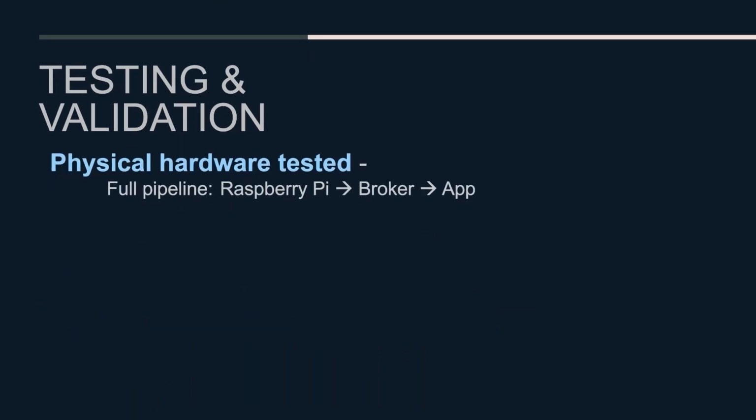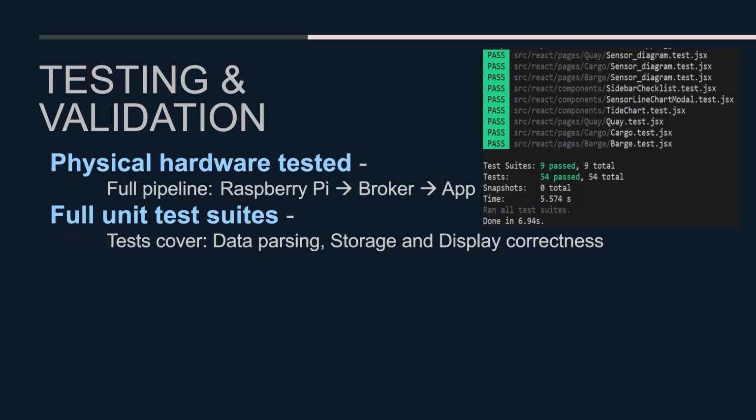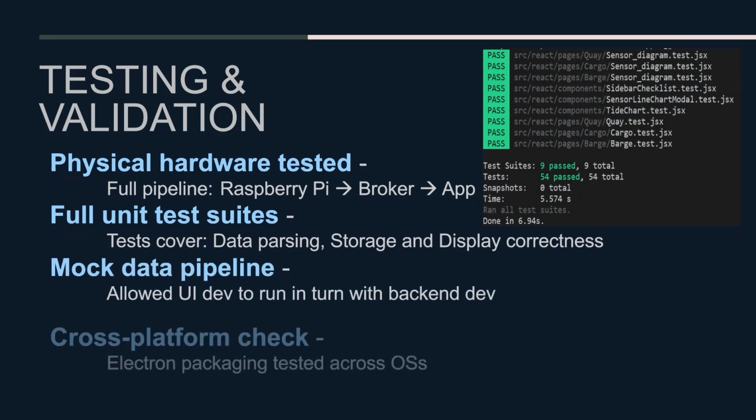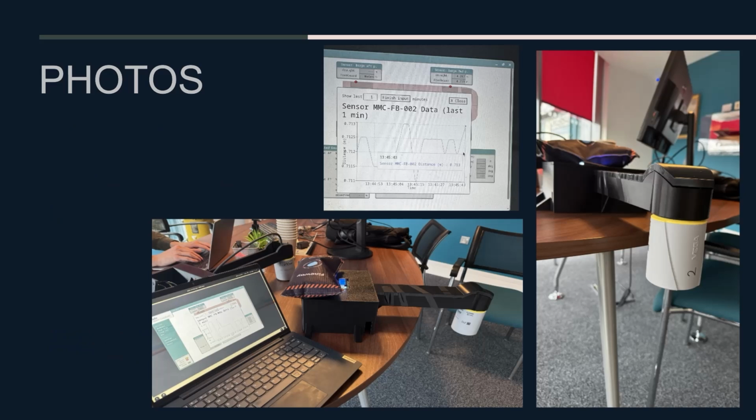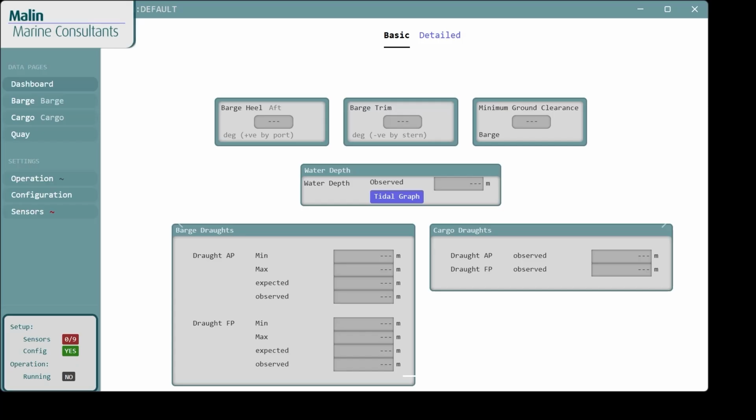Beyond unit tests, we did a live hardware test at Malin, deploying the Python script on a Raspberry Pi and confirming end-to-end data flow. Using mock data throughout development allowed us to develop the front and back end simultaneously. Here are some photos taken at Malin of us testing the prototype and recording data live from the sensor over MQTT. Opening up the app to the dashboard, we can see the nav bar here on the left, which contains